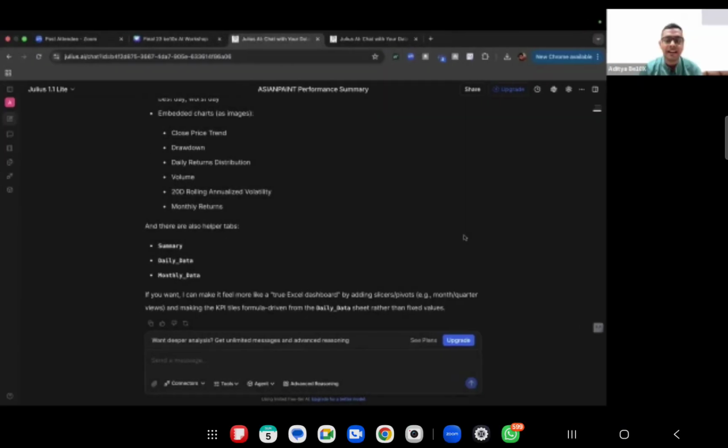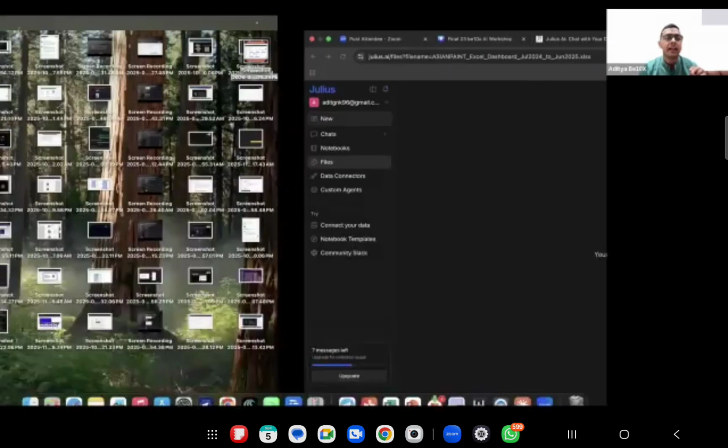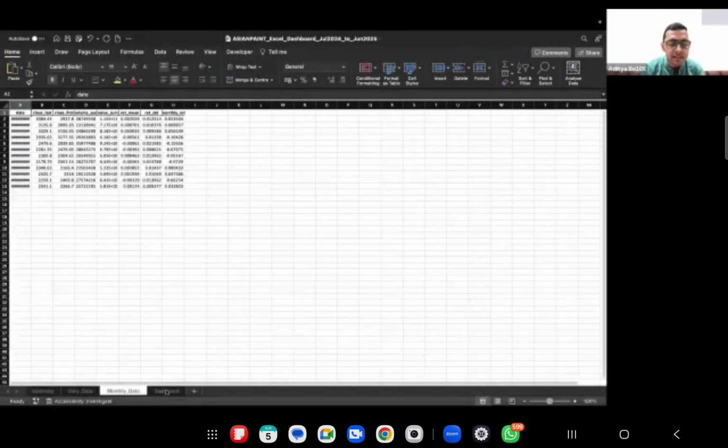Okay, so you can see over here, I have gotten some sort of a downloadable Excel file link. Let me click on that. I don't know whether it will work for me. Let's see. It is downloading. I click over here, let me expand this, and guys, I can see that it has given me certain things, but I see this dashboard.